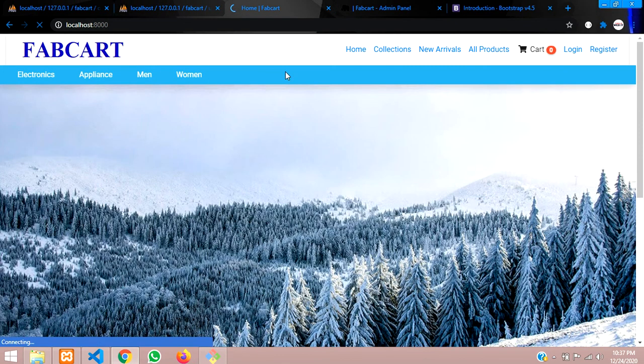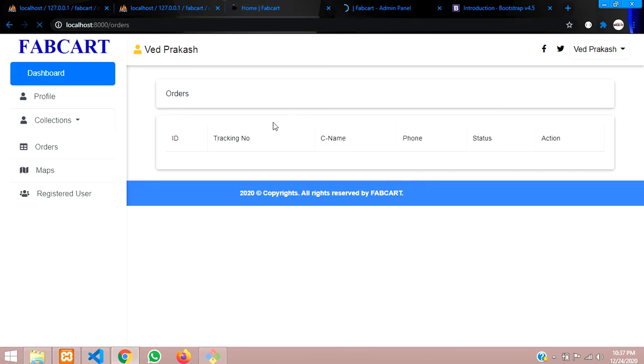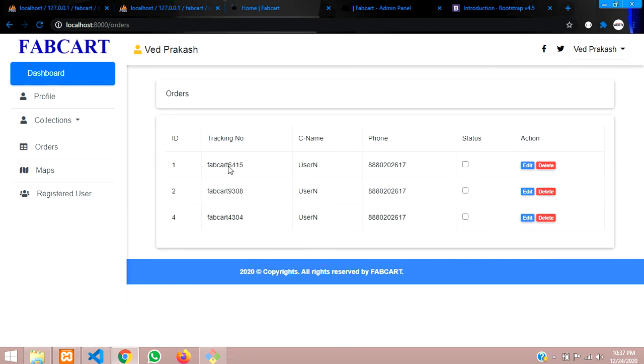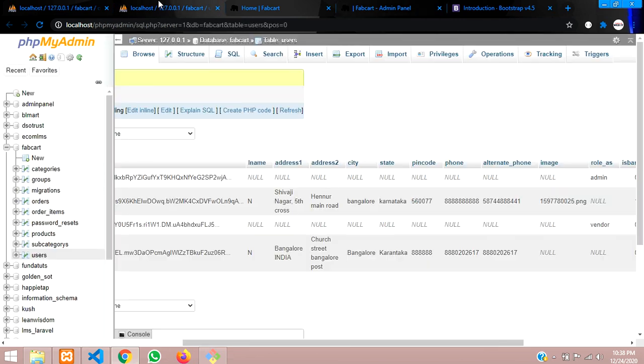Let's refresh. Not this page, we have to refresh the dashboard one. Okay, let's see. Cool. So we can find all the records of our orders, the tracking number, the user, all the three user things the same, and the status, whatever it is, like pending or completed, whatever you are showing from here.